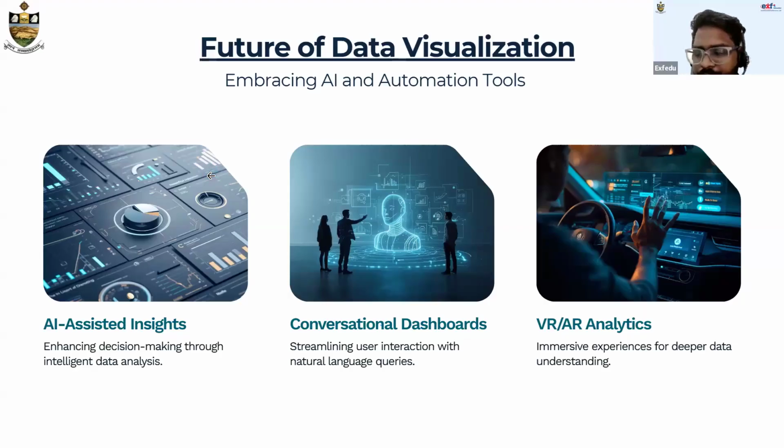You have customizations over there, and conversational dashboards. There might be an evolution of these conversational dashboards, with AI telling you what's happening and what can be planned further, even using your natural language queries. For example, what's happening right now, what is the total, what are the key performance indicators for this specific year. And the third one is virtual reality and augmented reality analytics. It's not about accessing your application or mobile phone; instead, you interact with your visuals themselves.